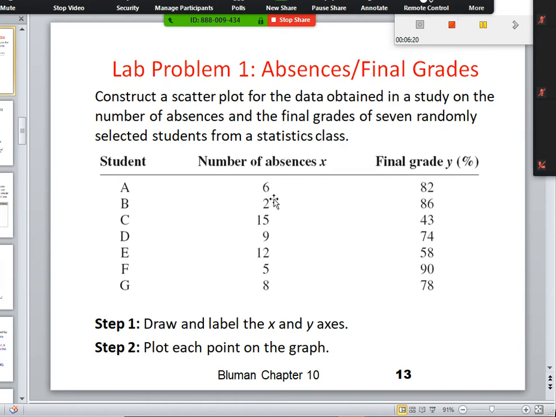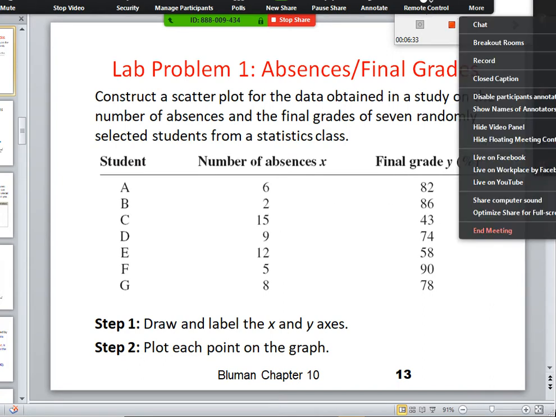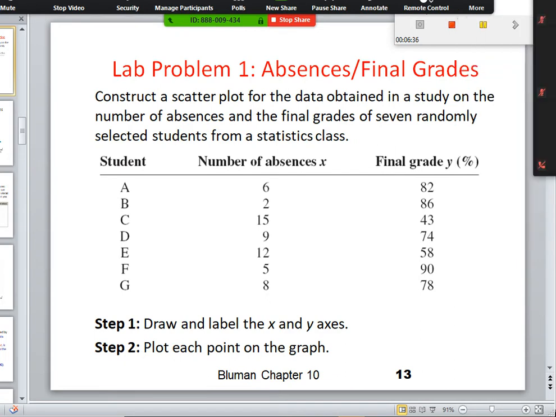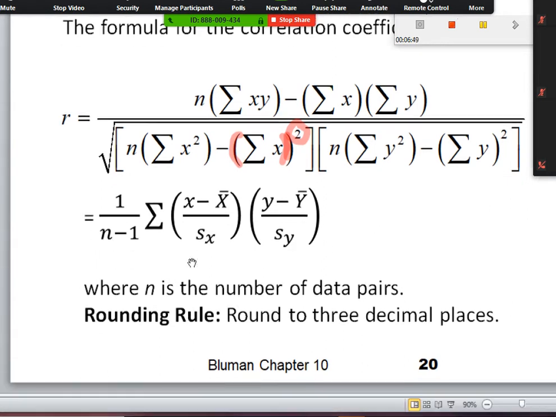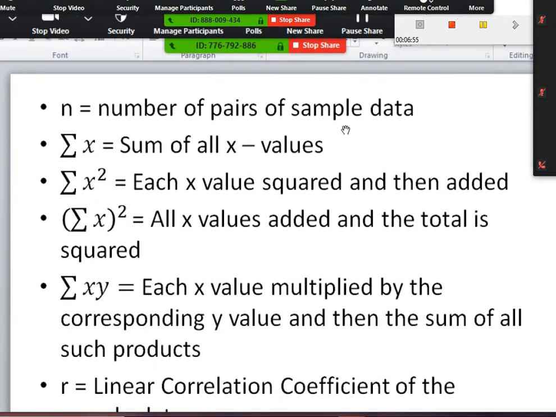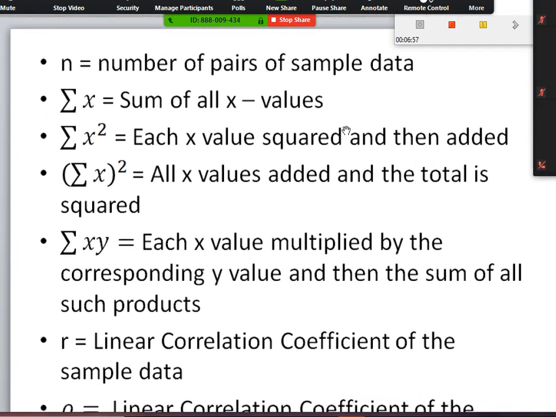together. And then I do the same thing here. I find the z-score for 2, and you find the z-score for 86, and then multiply those together. And you do that for all of your values, and then you add them up, and divide by n minus 1, and you get the same thing. It's really weird. It's kind of cool. It's really neat. At any rate, this is the formula that you use, and here is the explanation of what each one of these things stands for, just